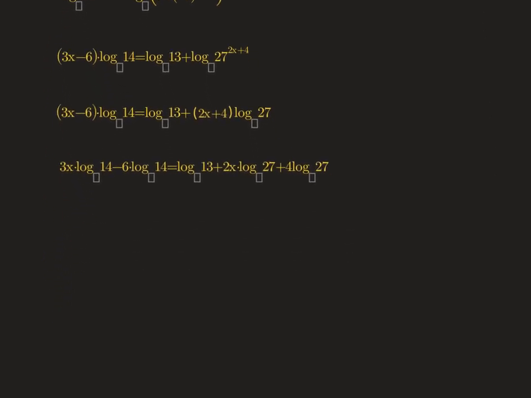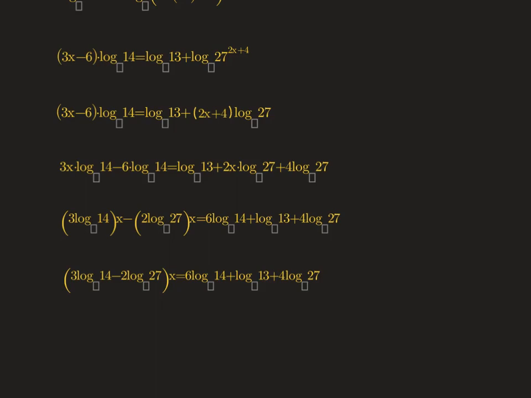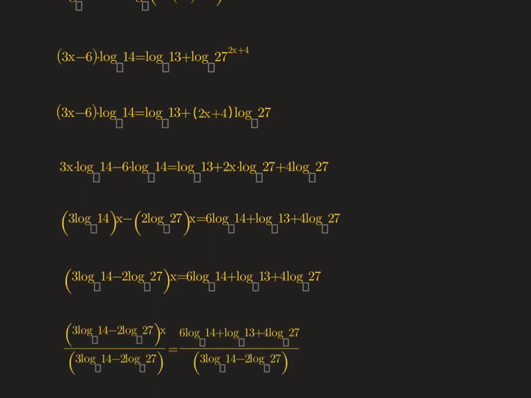Let's bring everything with an x to the left and everything else will move to the right. First term we have 3 times x times log 14, so that's 3 log 14 x. We also have 2 times log 27 x, that will be negative 2 times log 27 x on the left, and everything else goes to the right. Okay, we've got common terms on the left, so we'll put those together. Now we'll isolate x by dividing both sides by the same thing,